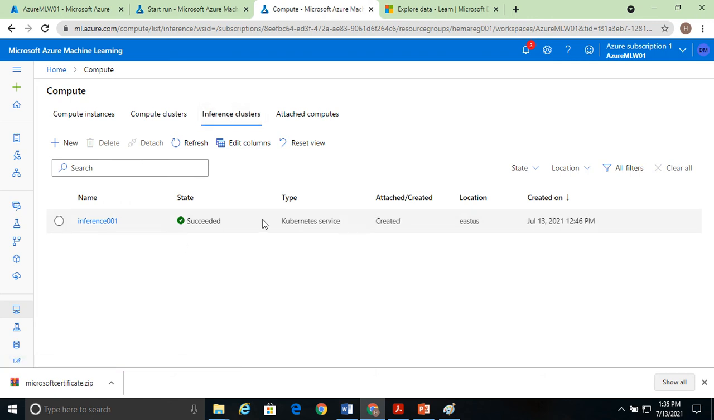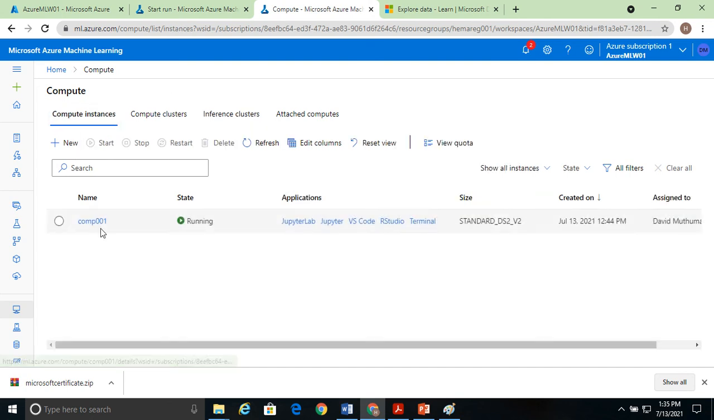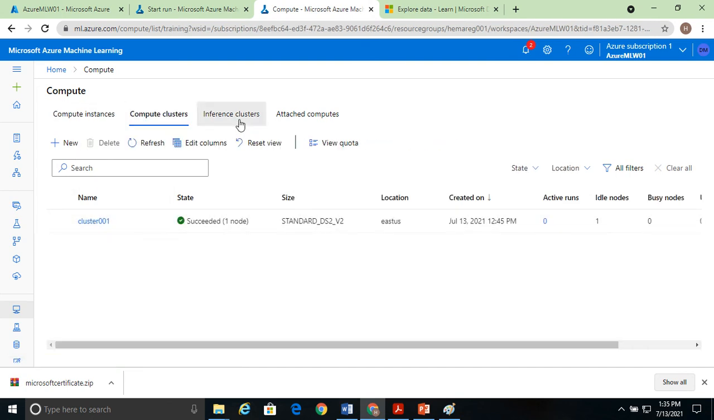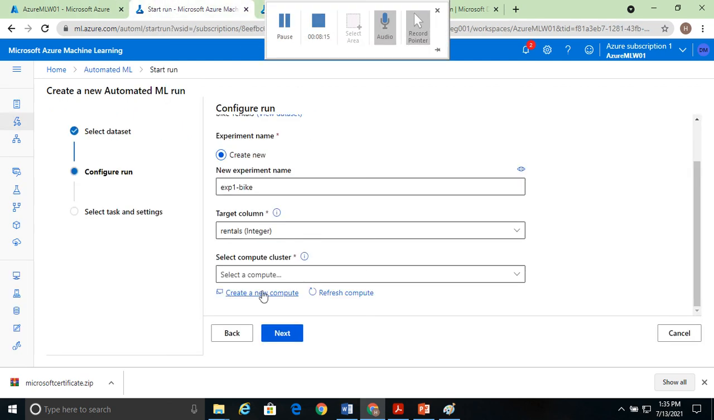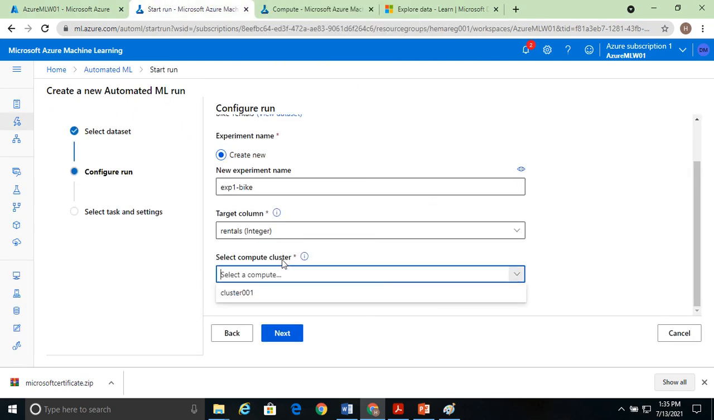So you can see I have created one inference cluster also. You can see everything has a name. Compute instance has a name, compute cluster is also having a name, and inference cluster is also having a name. So once you have done that, here you can select which compute cluster you want to run. So select the compute cluster here, and then